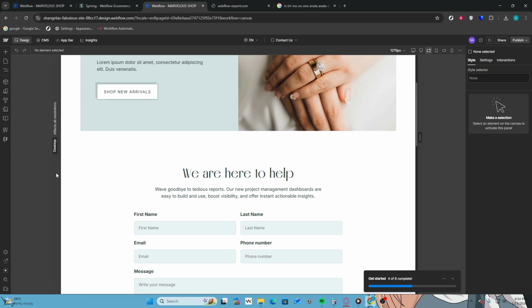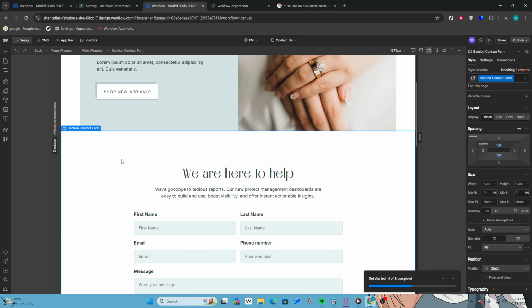Begin by navigating to your Webflow project. Open your browser and enter the Webflow site. If prompted, sign in using your account credentials. Once you are logged in, locate the project you wish to edit and click on its name to open the